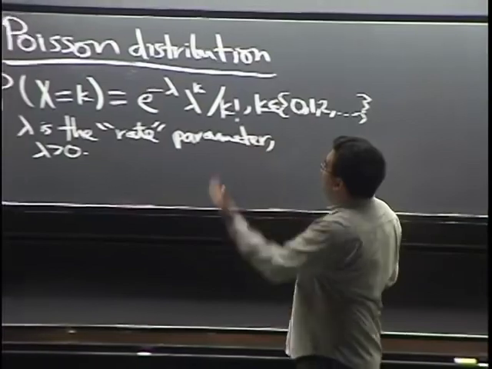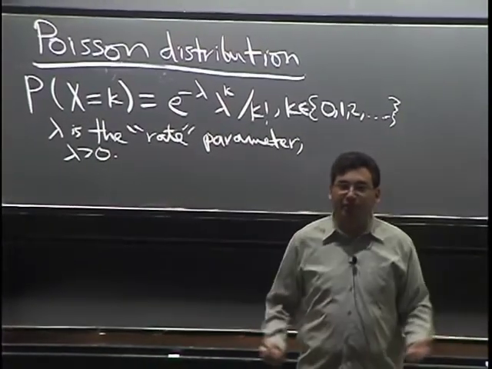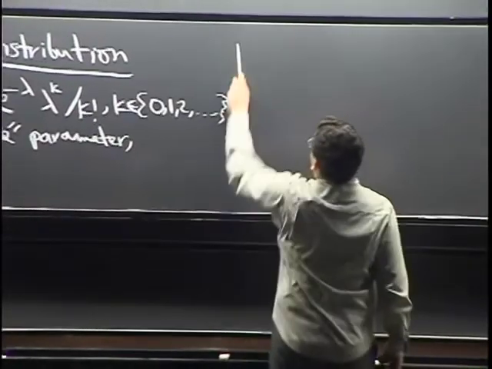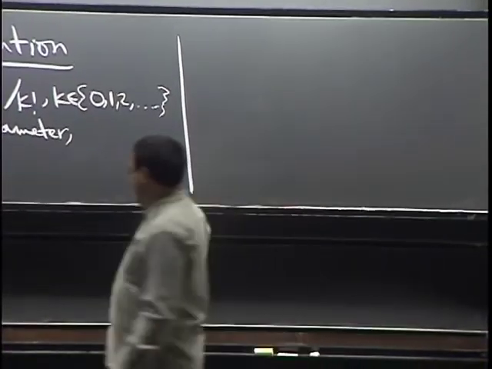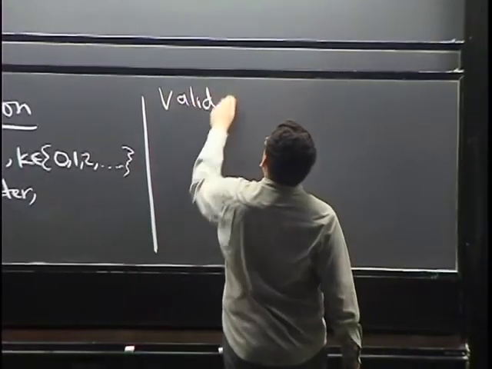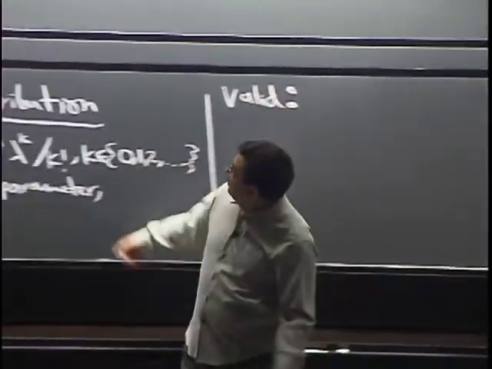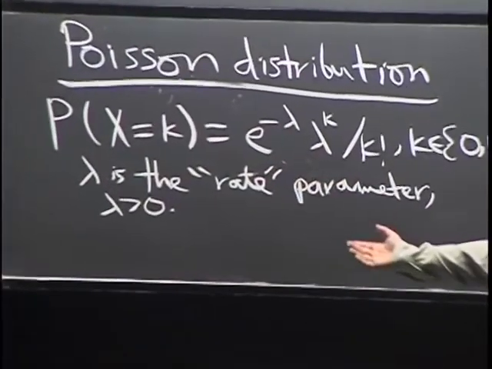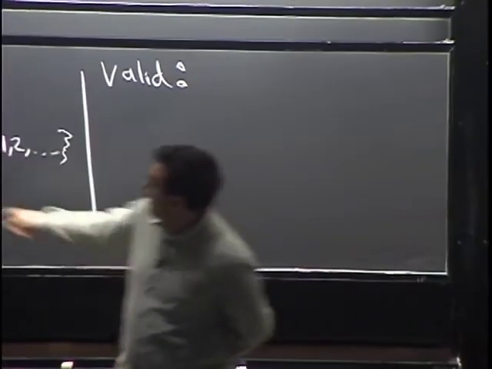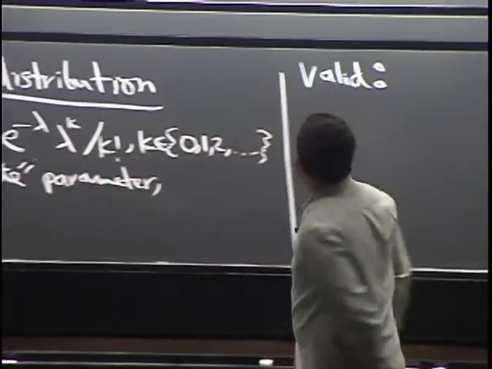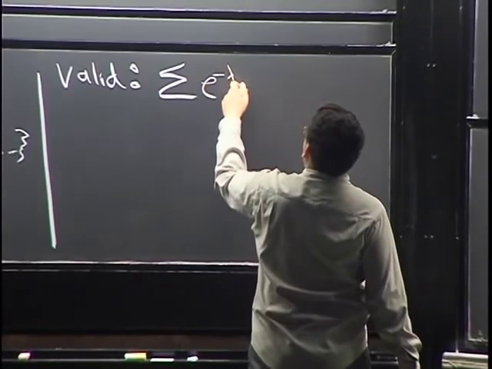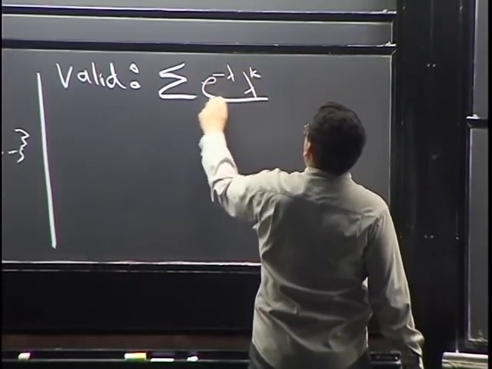I just wrote this thing down, but that doesn't mean that it's useful for anything. So why do I say this thing is so important? Well, before we can do that, first let's check that this is a valid PMF. That is, is this actually a PMF? Well, they're non-negative, so the only thing that we need to check is that these numbers add up to 1. And that's very easy because if you add up e to the minus lambda, lambda to the k over k factorial,